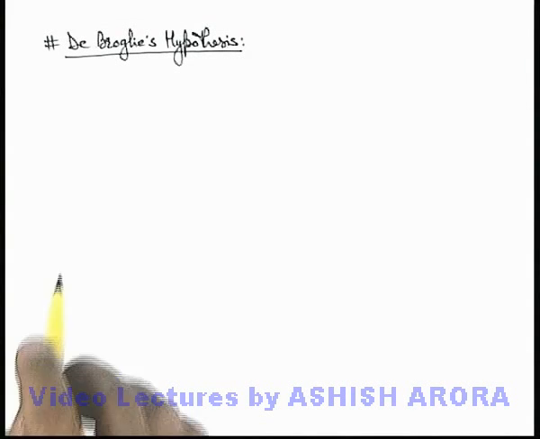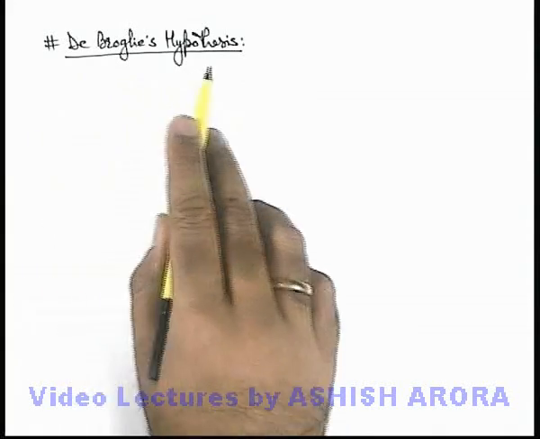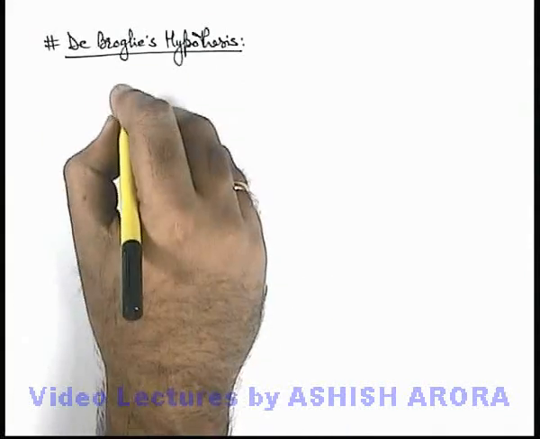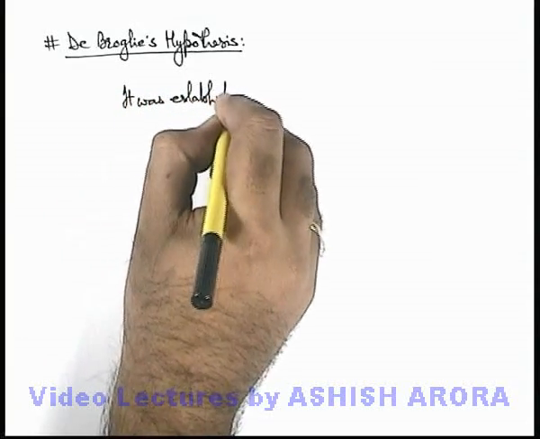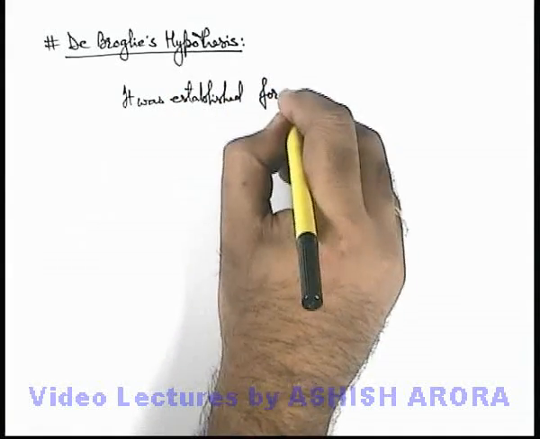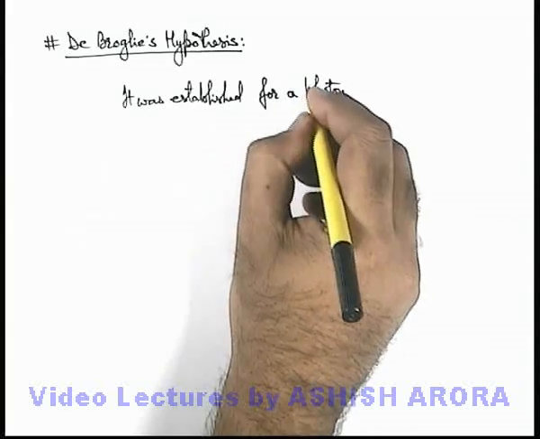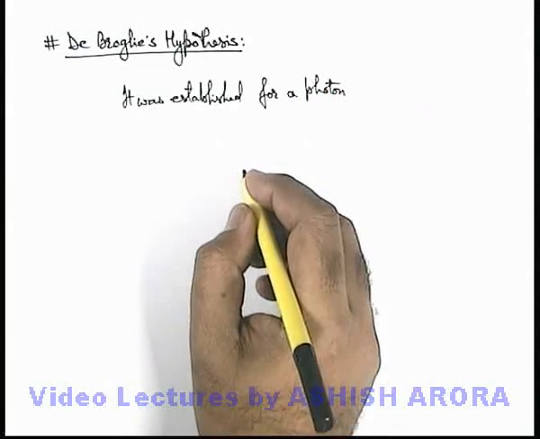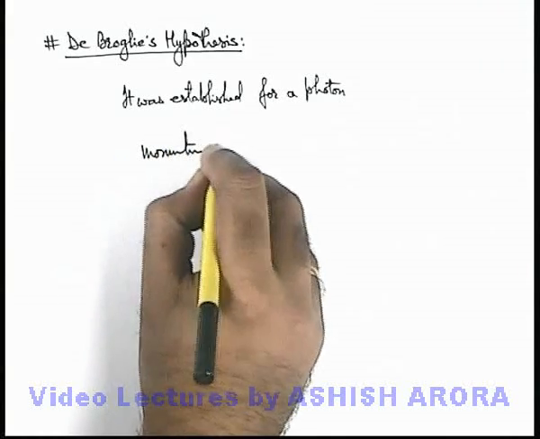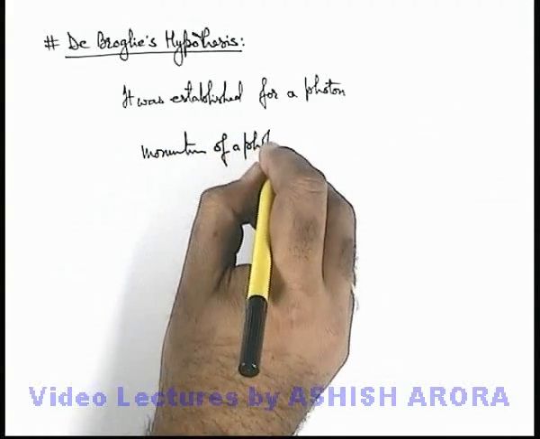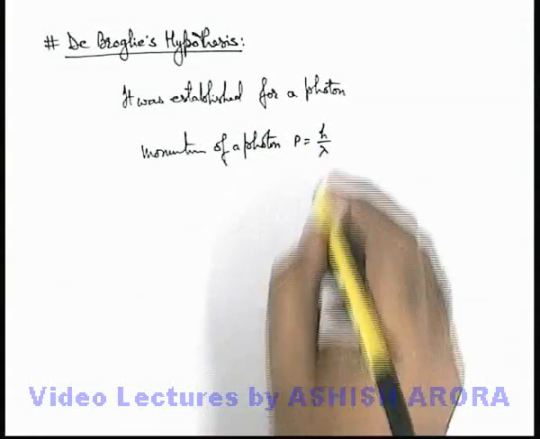Now we'll study de Broglie's hypothesis. Before the time of de Broglie's hypothesis, it was established for a photon by Albert Einstein. We already discussed the photon theory given by Albert Einstein, in which he gave that the momentum of a photon can be given as p = h/λ, where λ is its wavelength,